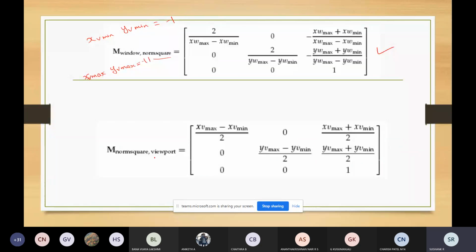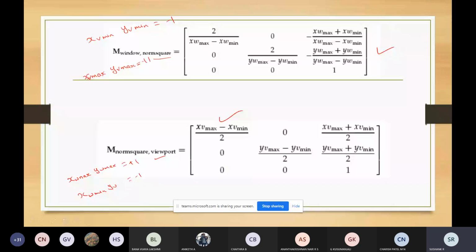Similarly for this viewport, if you apply x window max and y window max with +1, and x window minimum and y window minimum with -1, you will get this equation.